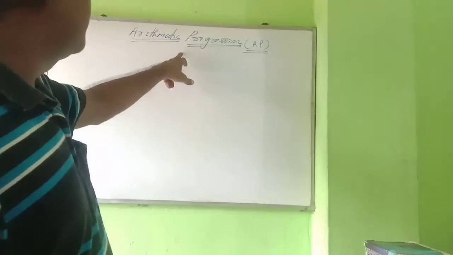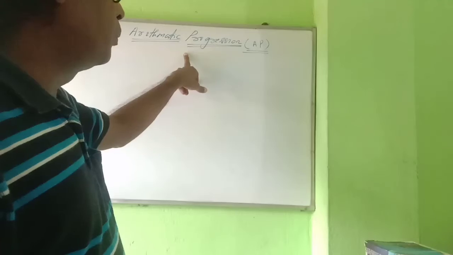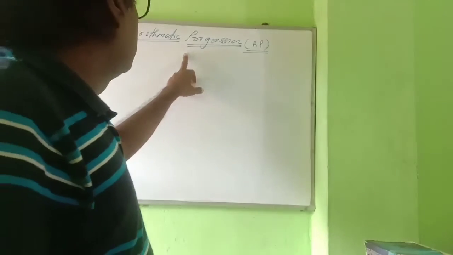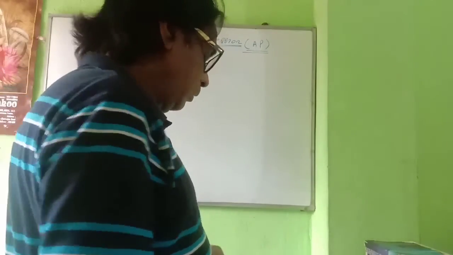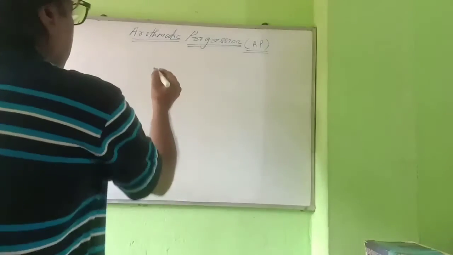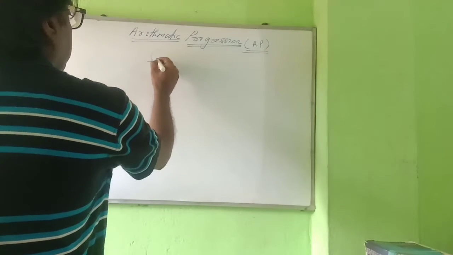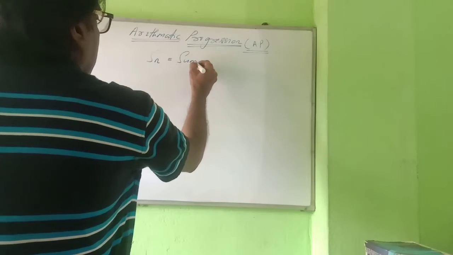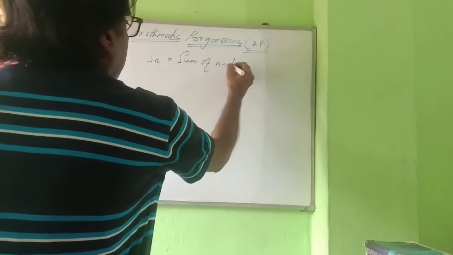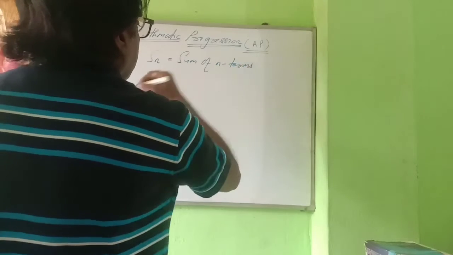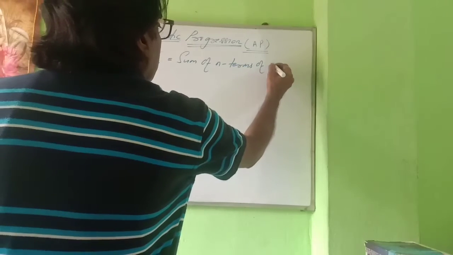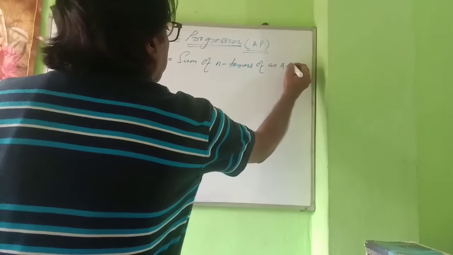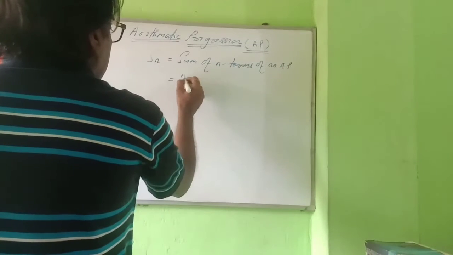Today I am going to start arithmetic progression from the book Innovative Math Books. The formula required for the sum of n terms, denoted by Sn, the sum of n terms of an AP, arithmetic progression. The formula is n by 2